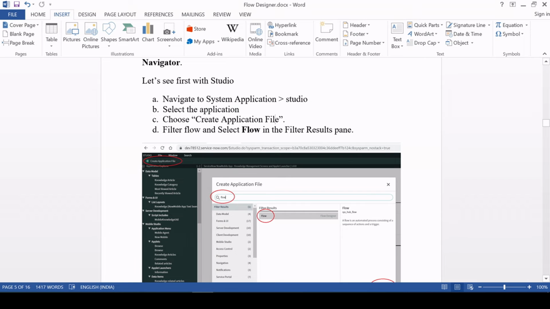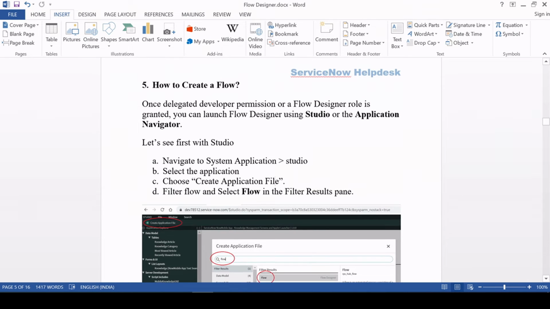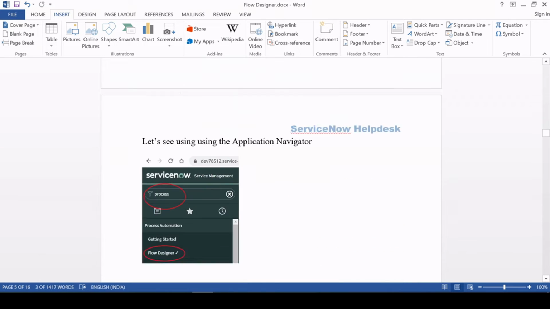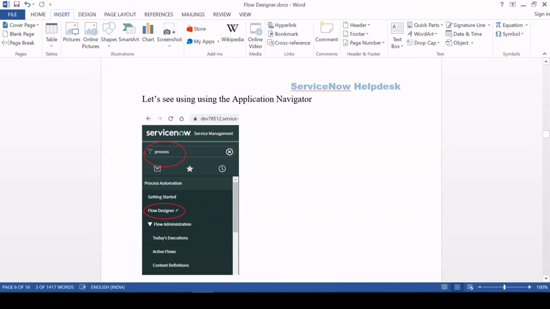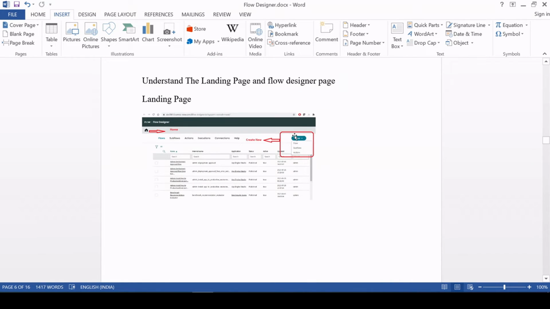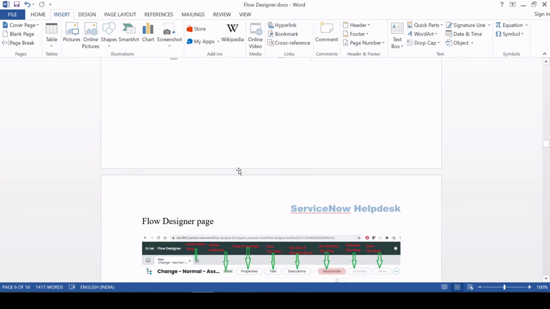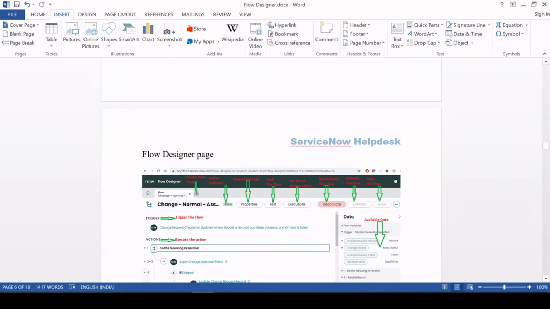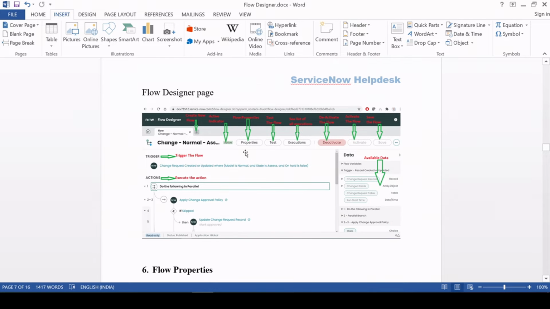Fine guys, so this is the very simple way. So this was the first way to create via the studio application. The second way was from the navigation application navigator view. I have showcased you all the ways you can do so, and here I have explained you as well. That means it would be a landing page, and here you will be getting an option, same way I have showcased you, right? Now let's move on to the new,